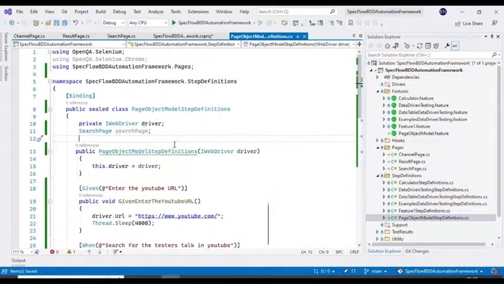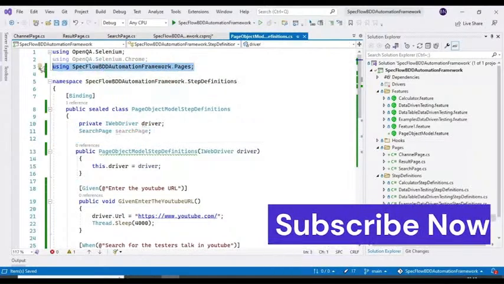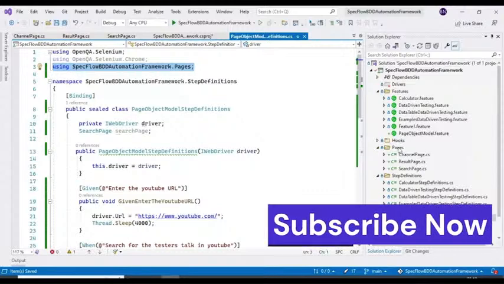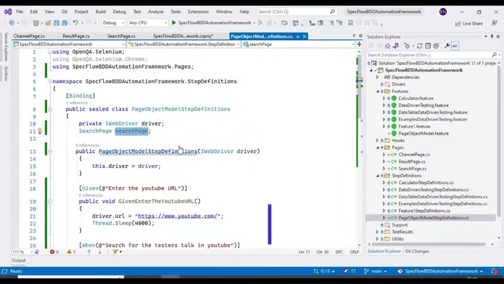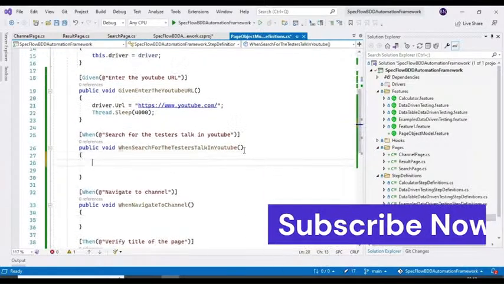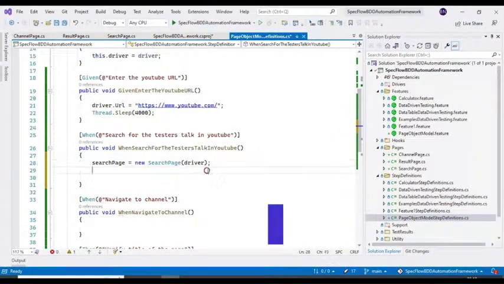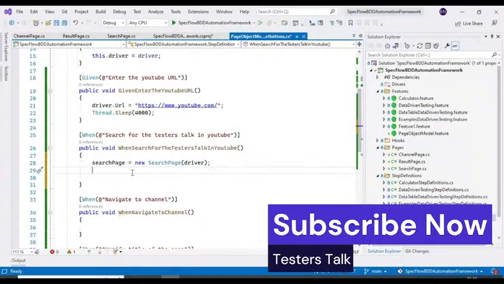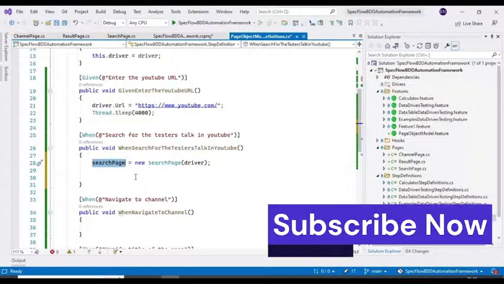Sorry, with respect to that, I have imported simply this particular class from the pages, right? So that's it. I will use this particular reference variable inside the second step, that is search for. Then I will create the object here, and then I will pass the driver object. So that's it. Now once we have the object of the search page, we can use that search page